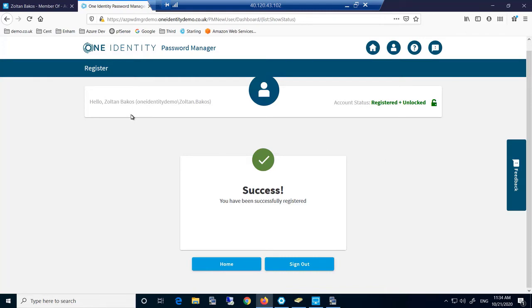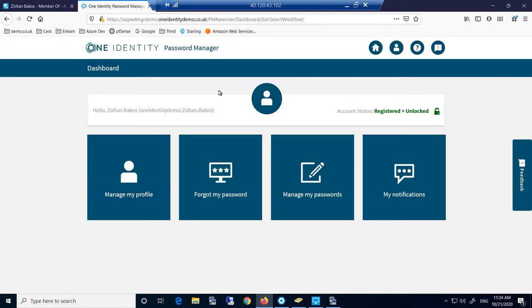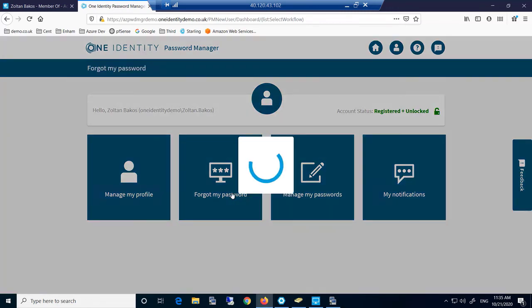So we've taken Zoltan, we've created the identity in Active Roles, we've shown how we can do that Unix authentication logon, and we've now enrolled Zoltan in the password self-service. Now, from this point, we provide the ability for these users, for Zoltan, to reset his password. He can do this by going to the web interface. We also have a credential provider plug-in to the desktop to enable the user to change his password from that basis as well. So, for demonstration purposes, we're going to do the forgot my password on the details here. So let's click on forgot my password.